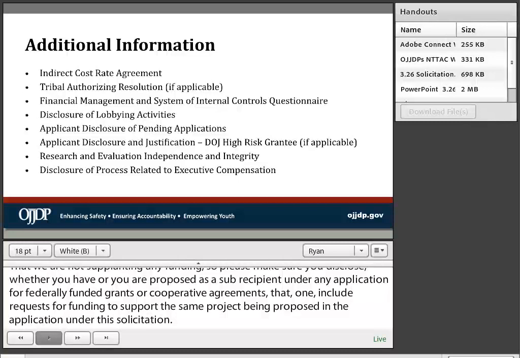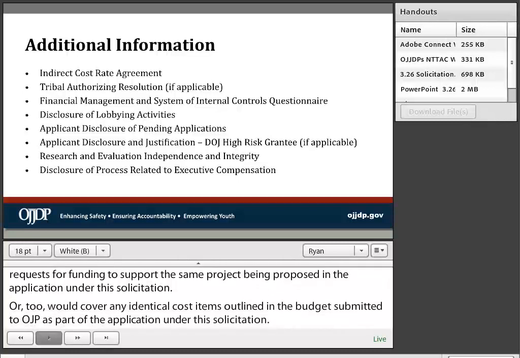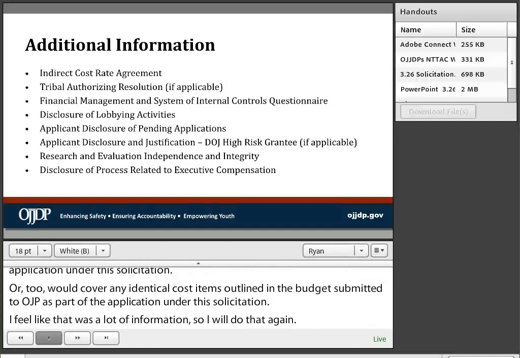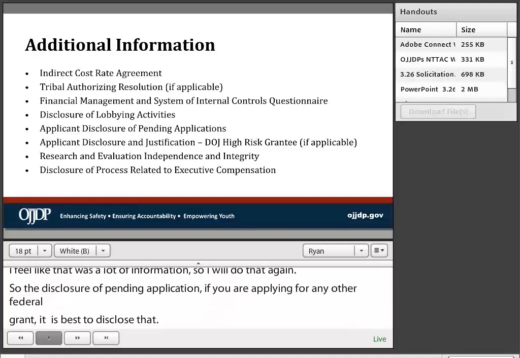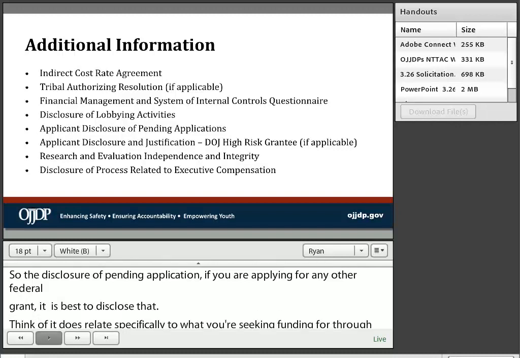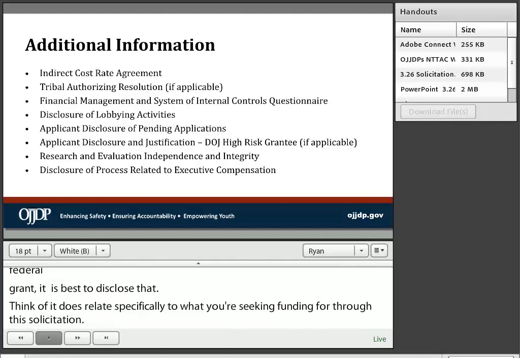I feel like that was a lot of information, so I'm going to do that one again. So your disclosure of pending applications: if you are applying for any other federal grant, it may be best to disclose that, especially if it does relate specifically to what you're seeking funding for through this solicitation. It may be best to save any concerns later and disclose any of your applications that you're going in for in FY 2020 now, and also if you are proposed as a subrecipient for other